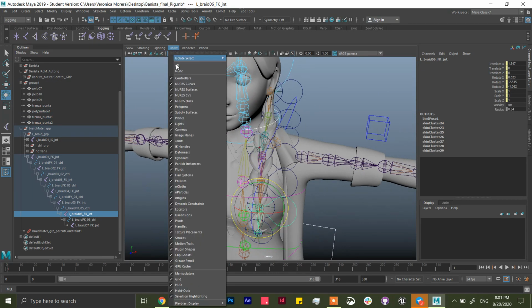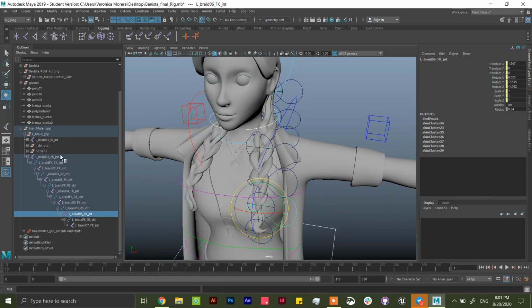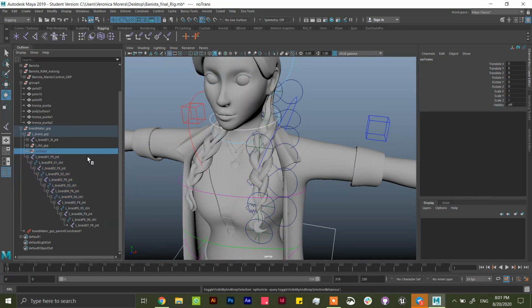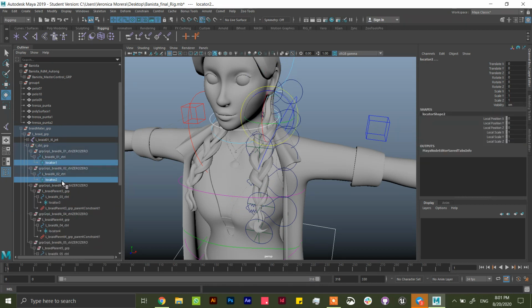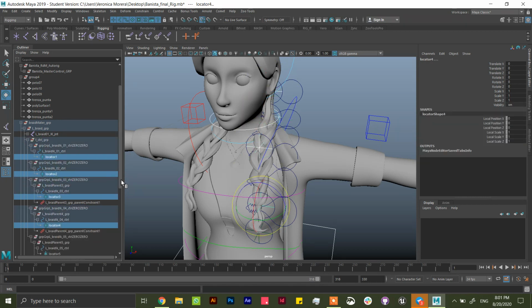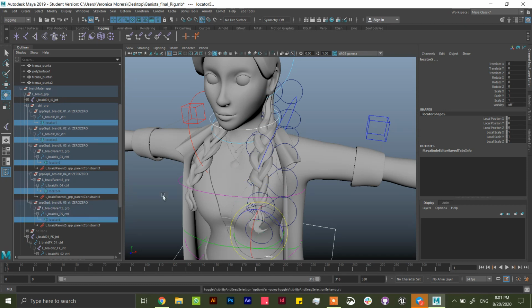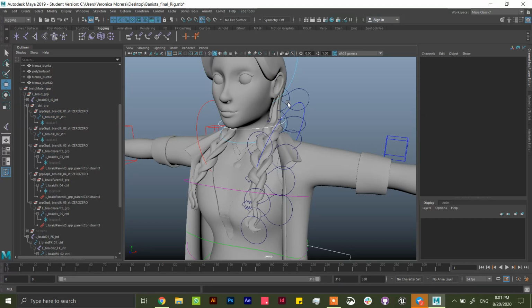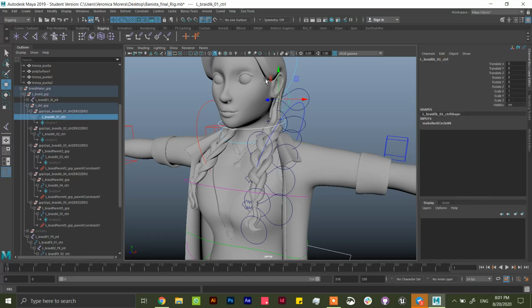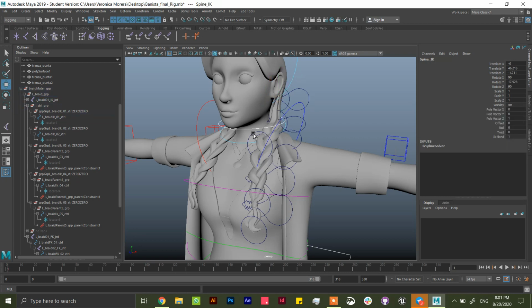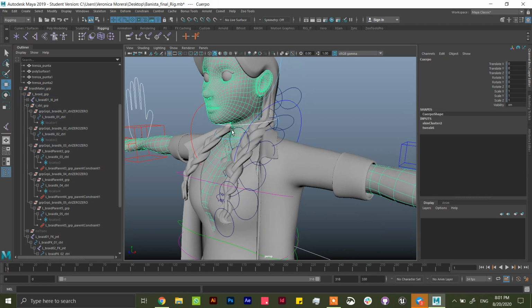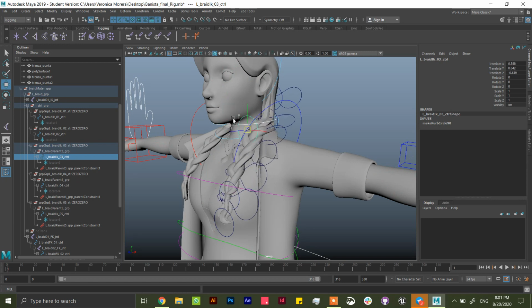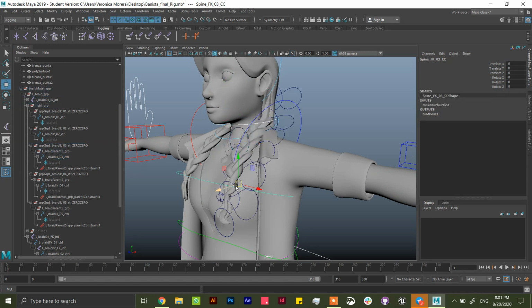Okay, let me hide joints and actually hide the node transform. And we should hide the locators as well, they are very annoying. Okay, so now we have a hybrid braid,